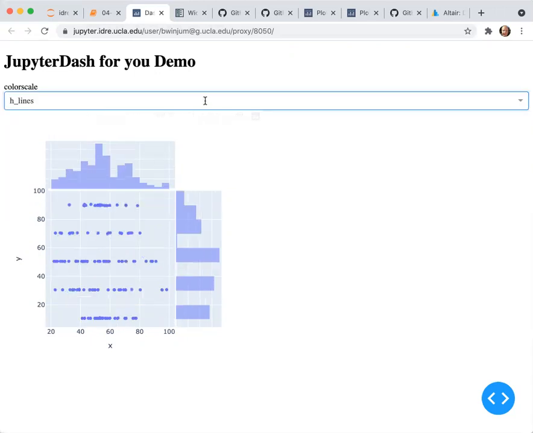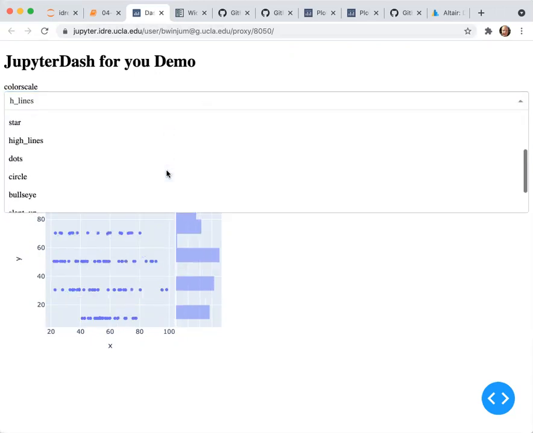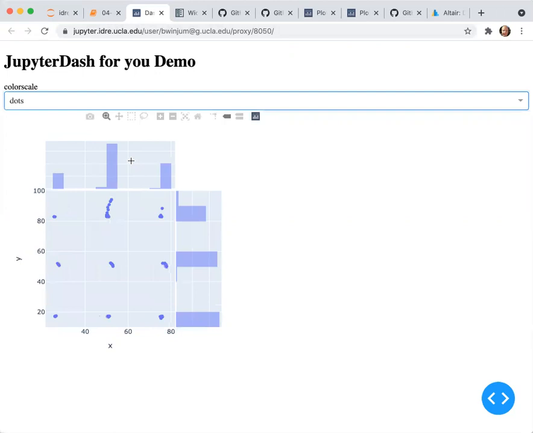So you can interact with this just like we interacted with the widgets, as well as doing various things related to the plotly plot. You'll see, like when I use plotly express, there's a tooltip here, which tells you the X and the Y values. You have all the little buttons up here.